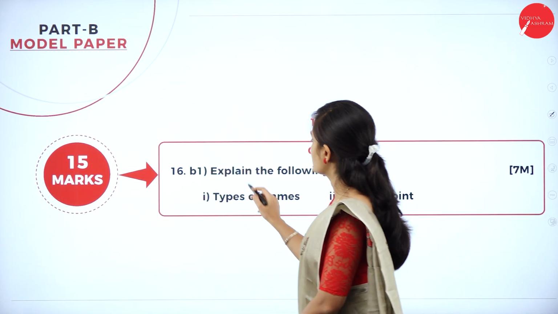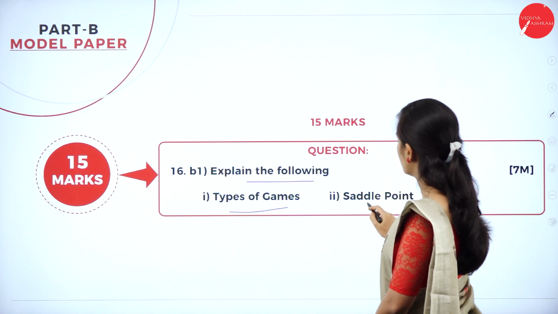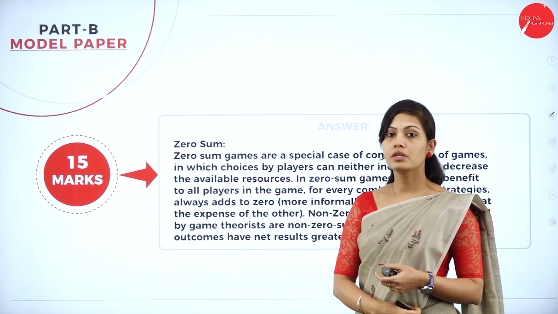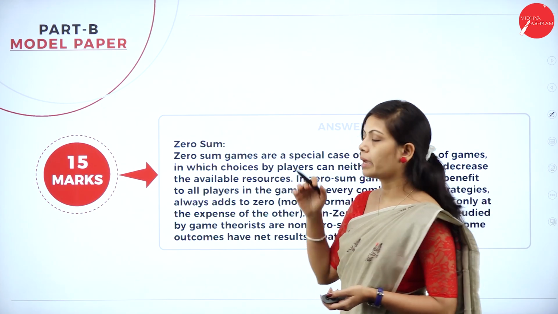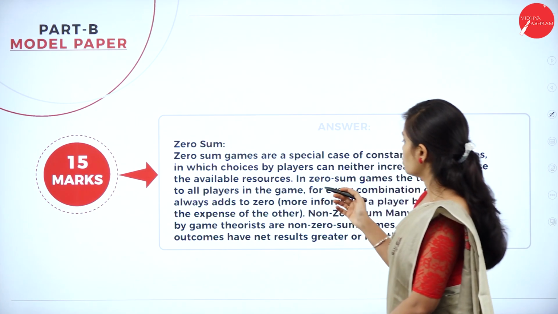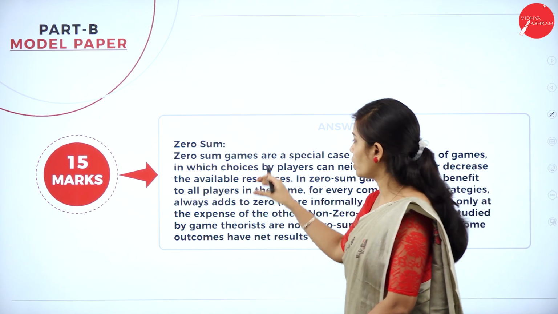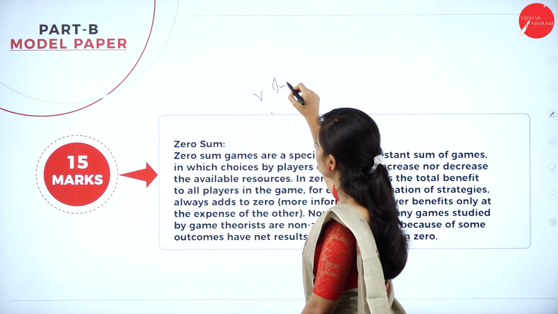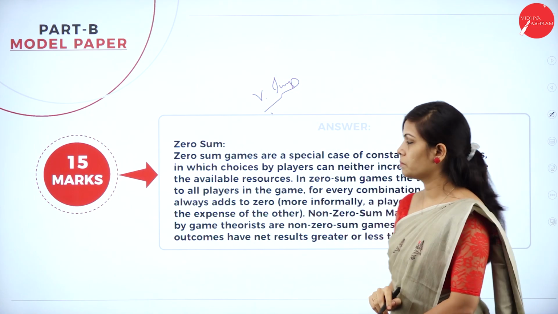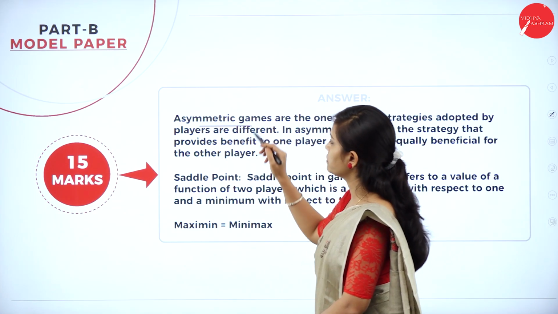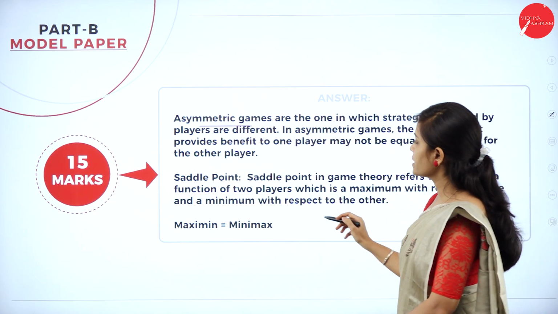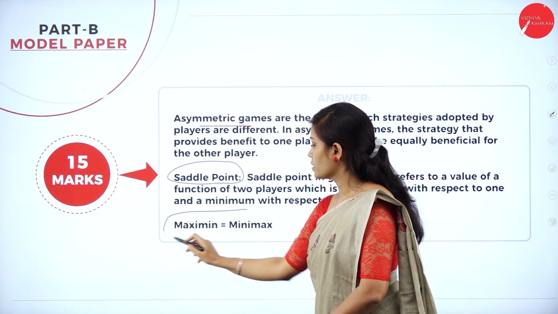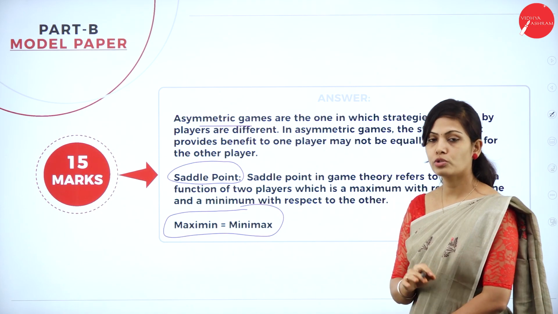And the last question is to explain the following types of games and saddle point, for 7 marks. We have different types of games, that is zero sum game and non-zero sum game. You have to write the definition for these. Very important question. Also we have one more type of game, that is asymmetric games. And the next question is what is a saddle point? For a saddle point in the game you have to write